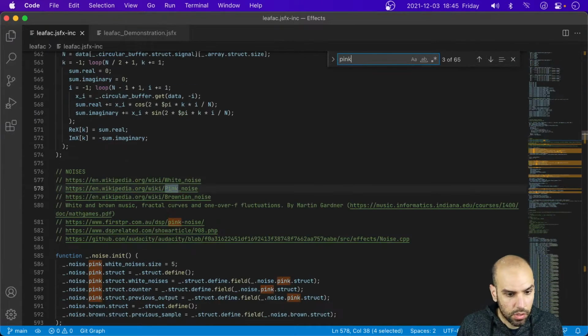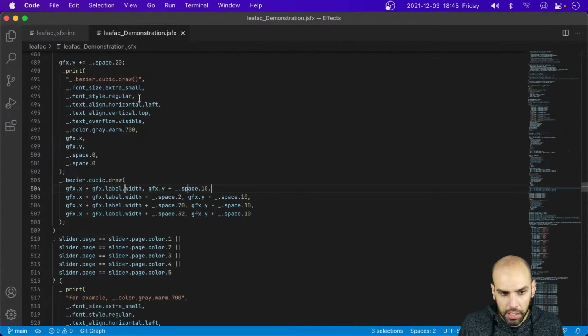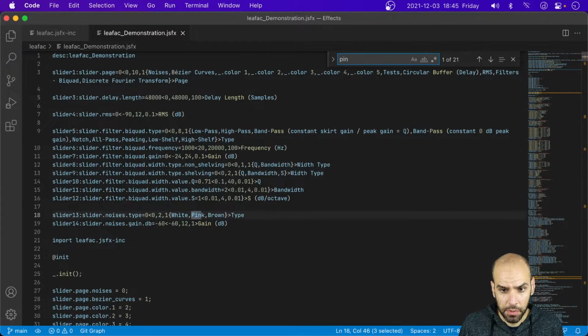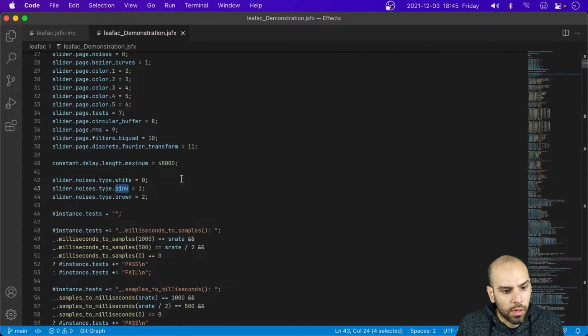So let's go to the pink noise section of the code and reread. In fact, I'm going to start on the demonstration part of it, because last time I was completely neglecting it. I didn't even wire in the function calls for this part, and that was a bug. So I'm going to start with the use of pink noise. How do you use pink noise? Well,